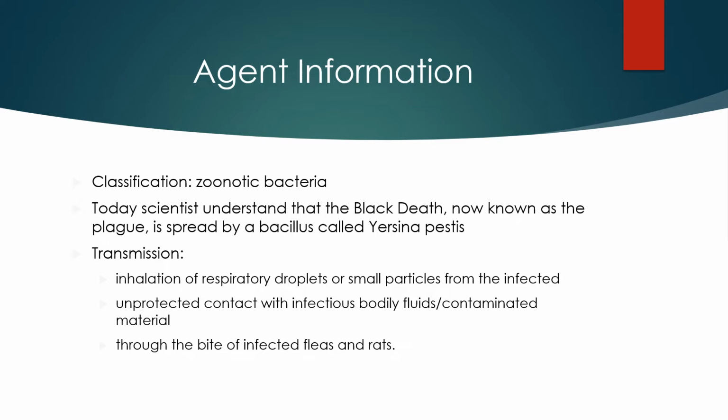The classification of this agent is known as zoonotic bacteria. Today, scientists understand that the Black Death, now known as the plague, is spread by a bacillus called Yersinia pestis. Transmission of this disease can happen in three forms: